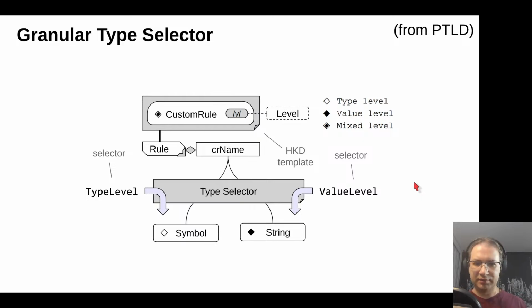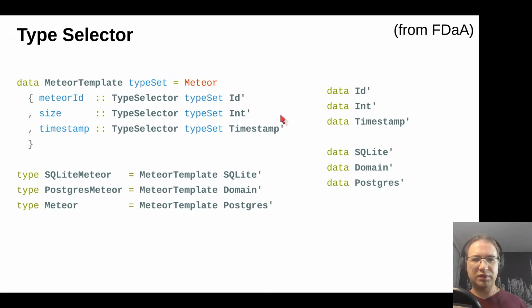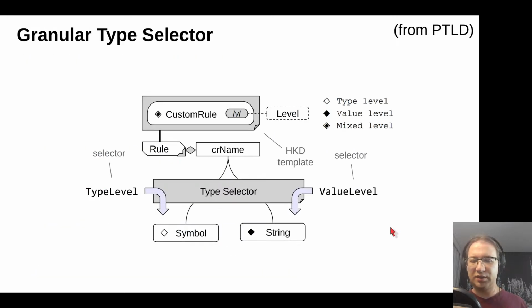Granular type selector. Again, I want to alter my fields, but this design pattern works for a different reason. Previously, we were talking about domain types or API types or database types. They are just regular types and work as any other types. You can have values of them, you can serialize them, and etc. But in this case, we will be talking about types that have a type level representation and value level representation. And type level representation can be used with type level programming. So those types will be available as algebraic data types on the level of types. And this is not an easy topic because it involves many different tricks and tips, but in general